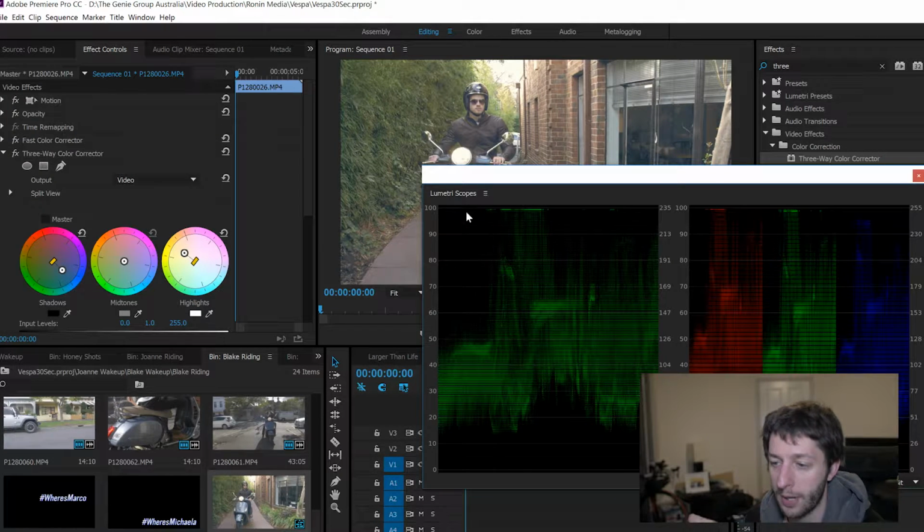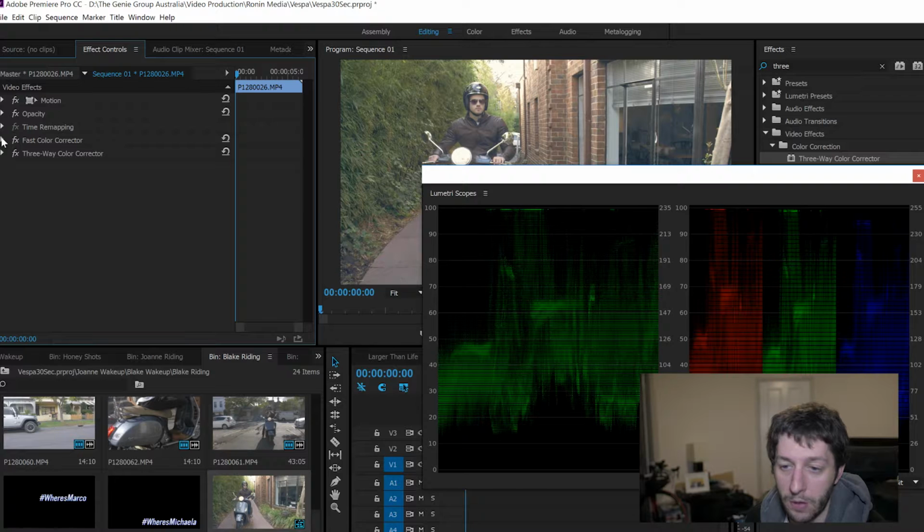So what you want to try and get is this green stuff here. You want to try and get that as spread out as you can, so close to 0 and close to 100. So down here's the darkness, so because it's a pretty bright clip, it starts up here. There's parts that are blown out like the sky, that's why they're all the way up here. So if we just go back to our fast color correction, we'll